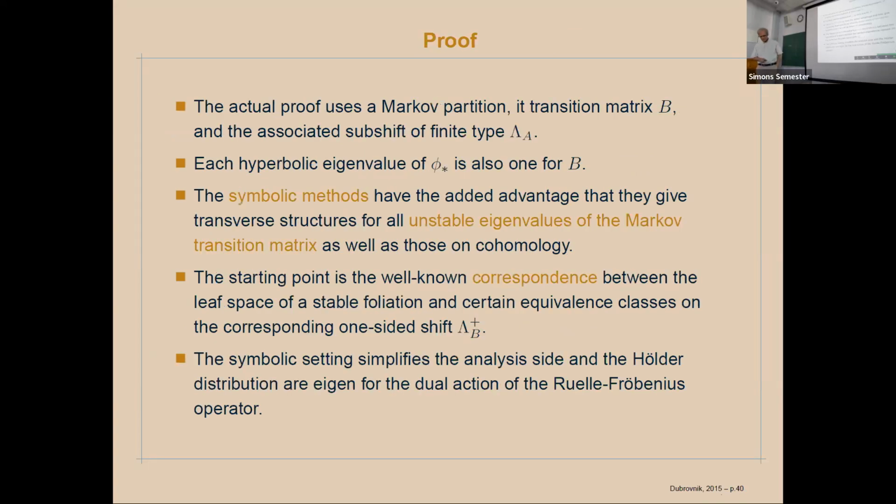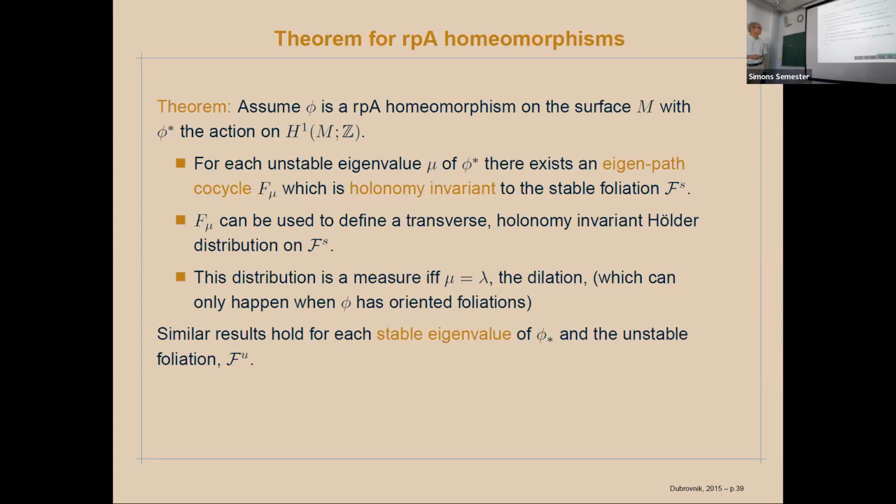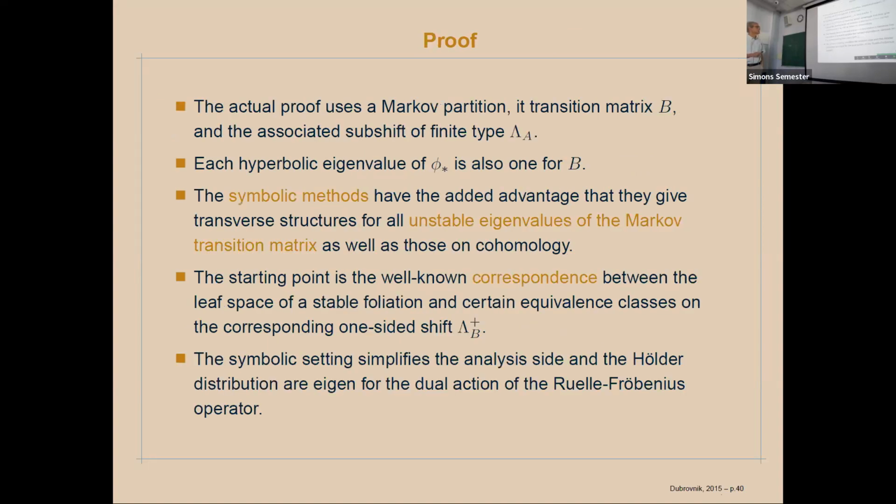All right, so how do you actually prove this? As is usual in a talk, you make a fib to make it understandable. The way you prove all this stuff and the regularity is you use the usual trick of using a Markov partition. The Markov partition has a subshift of finite type, and the leaf space of the stable foliation corresponds to an equivalence class on the one-sided shift, and you have to connect the eigenvalues on